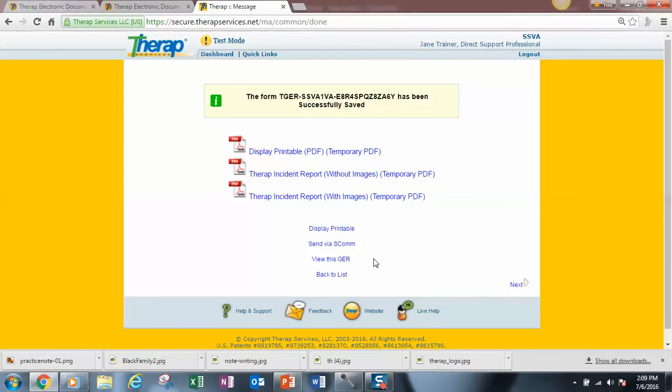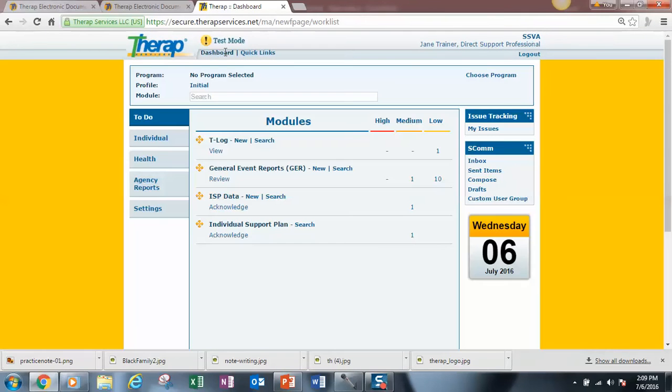Again, that brings me to a page that looks like this. I'm going to go to Dashboard and to my to-do list. You'll notice that I have a couple of other things here to acknowledge under my to-do list. I have some ISP data that needs to be acknowledged, and I have an individualized support plan that needs to